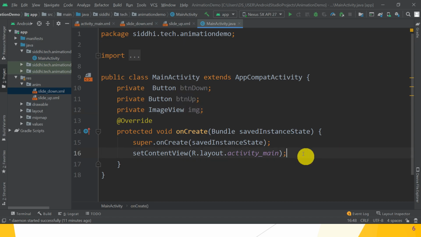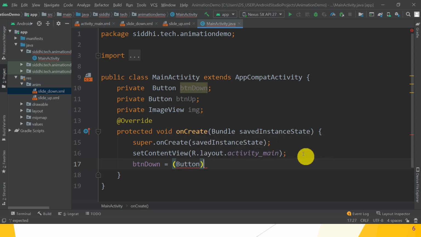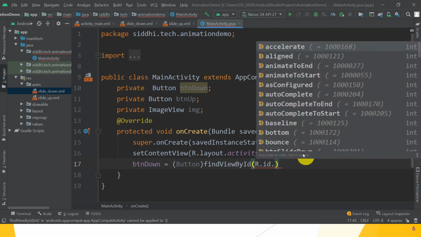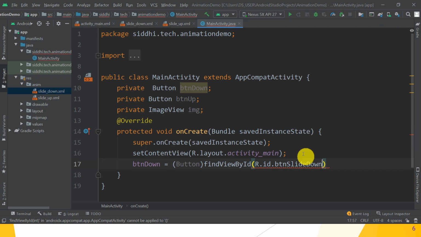Then inside the onCreate method, we have to write the code for buttonDown is equal to Button, that is create the reference variables for buttonDown and buttonUp by using the findViewById method. So findViewById and pass the id name, that is R.id.buttonSlideDown. Great.